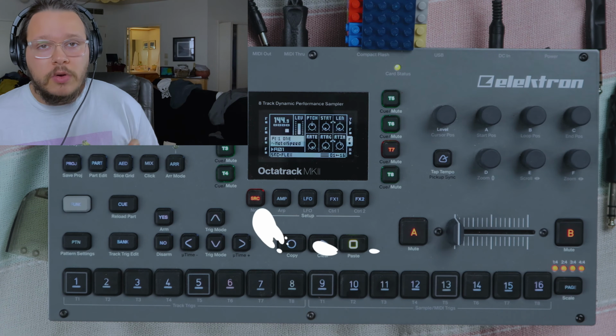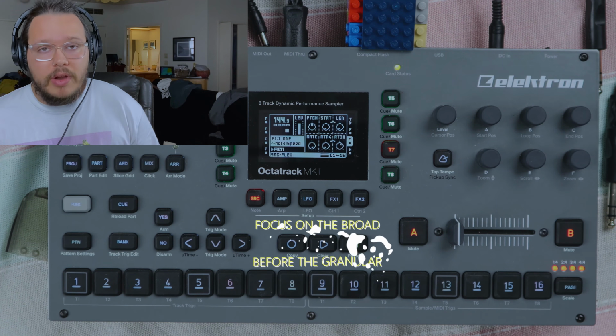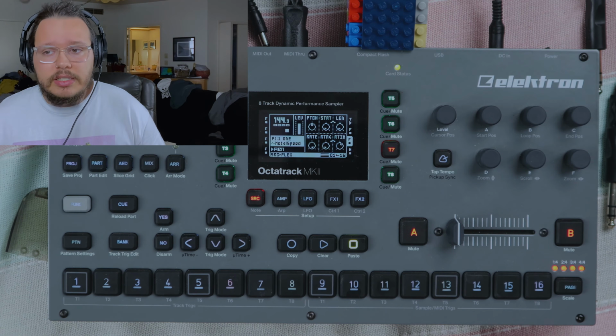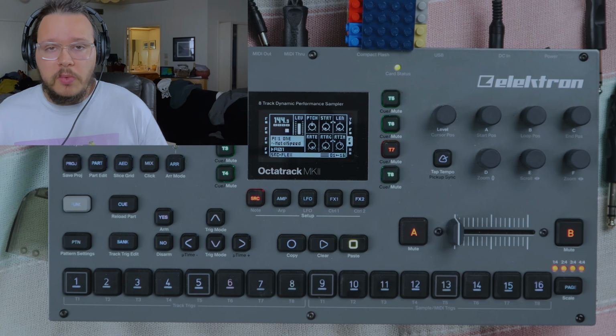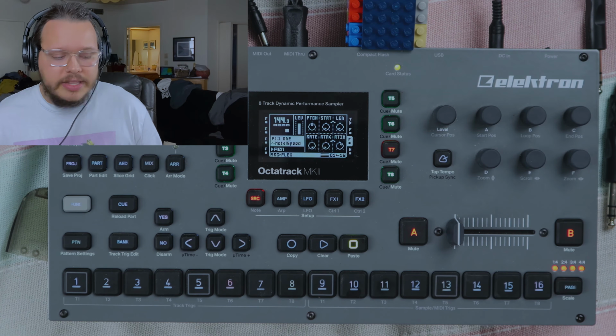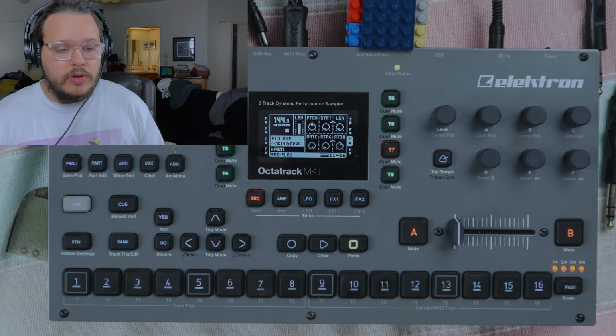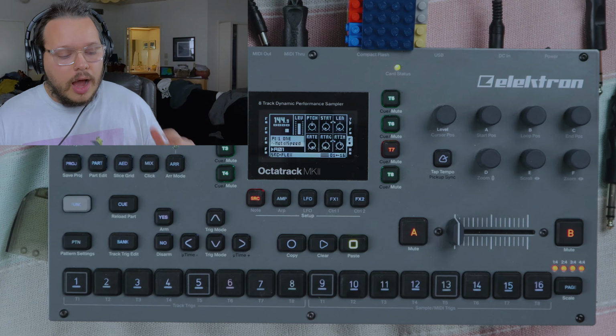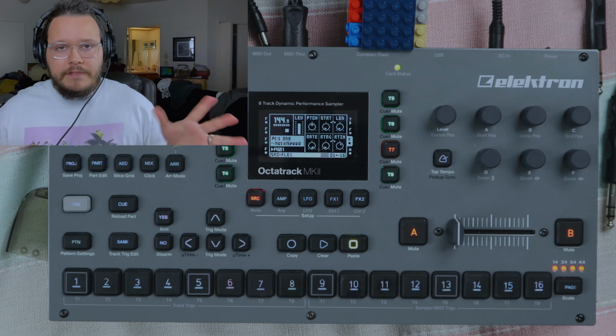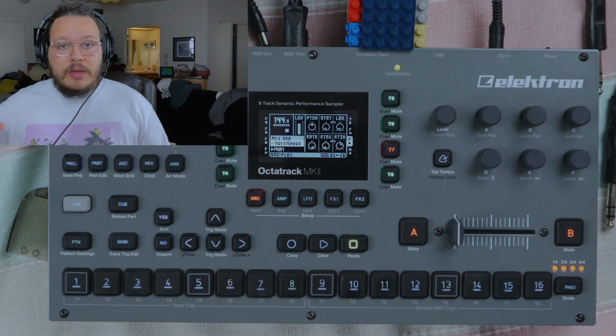Number 4. Focus on the broad before the granular. At first blush, this might seem like a rewording of know your goals, but I mean something different here. When I start making music on the Octatrack, when I start making music in general, I don't care about small details. I just don't. I focus on big, heavy details first, and then I worry about all the tiny stuff